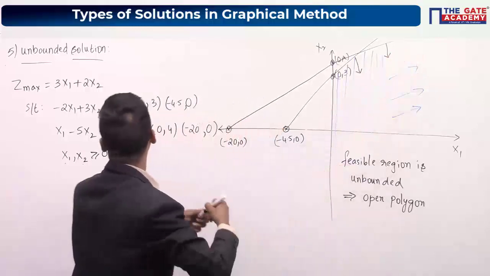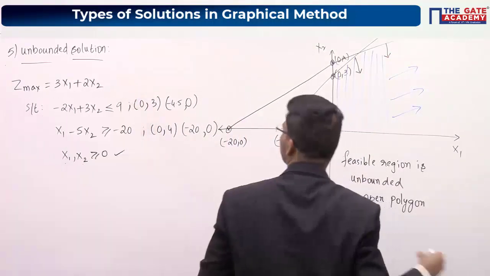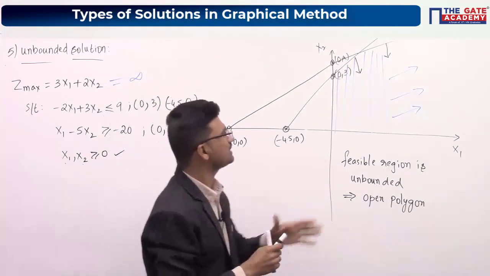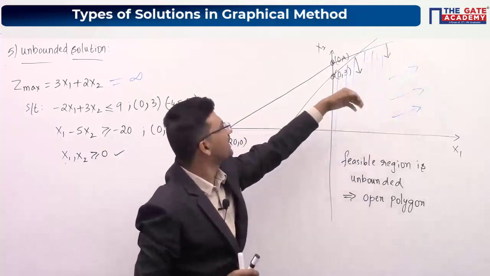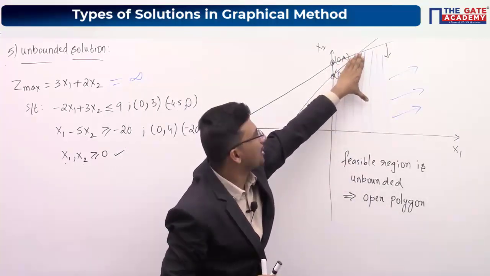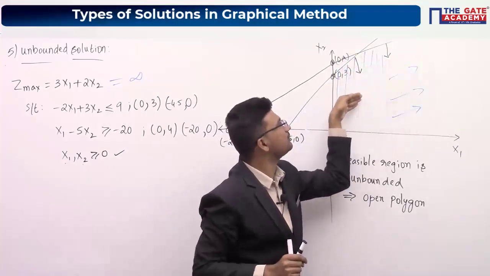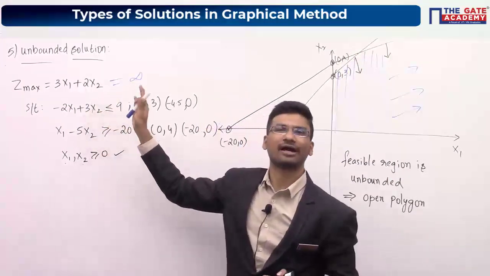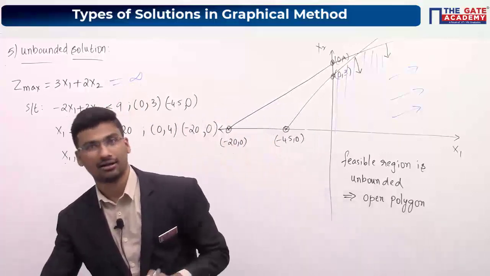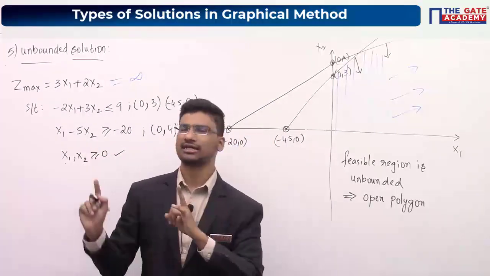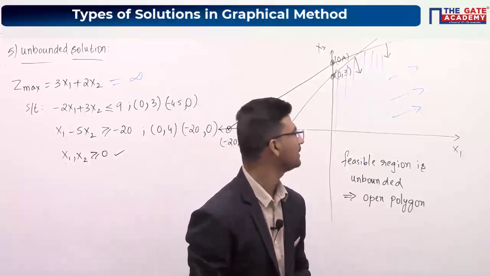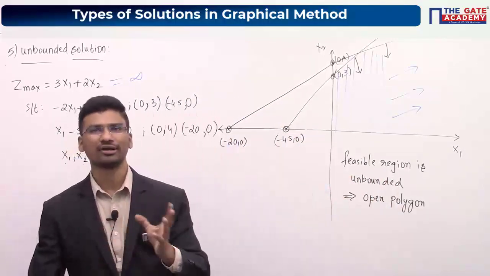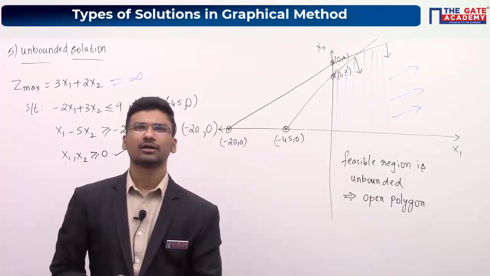Now that means your feasible region is going up to infinity in this direction, okay. So what will be your Z value? Your Z value will be infinity. That means you can take any x1 value and any x2 value, because this is your feasible region. So you can take any x1 and any x2 value up like this, and it will keep increasing up to infinity. So your Z value will be infinite, okay. Whenever you get an unbounded solution, definitely your Z value will be infinity, okay. This is what we call an unbounded solution. So no bounded region for this, okay.